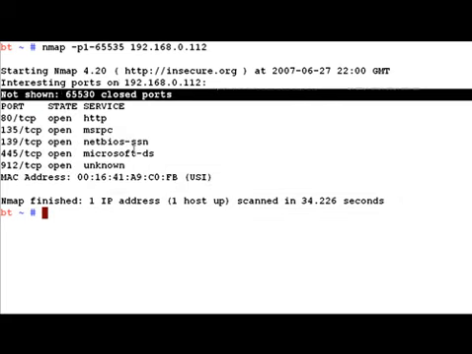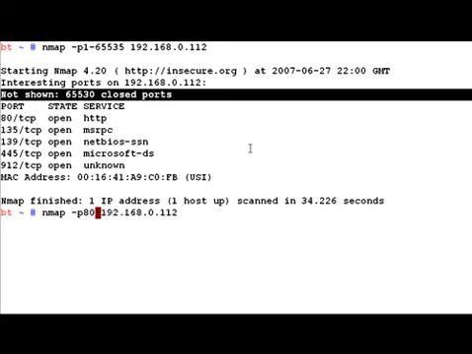It might have been possible that we would have enumerated some services which are not running on standard ports. Let's say somebody is running a VNC daemon on a non-standard port. If we run a scan for all the 65,535 ports, we might unearth the fact that he's running a VNC server on, let's say, port number 10,000. So the point is, with the general port scan, we can find out which services are running on which ports. Alternatively, instead of mentioning a range, we could just mention a couple of ports we are interested in.